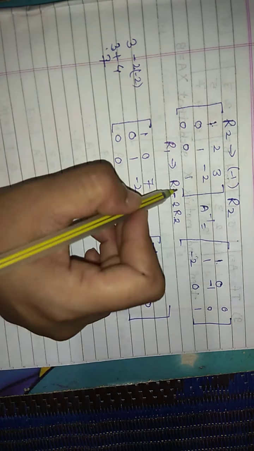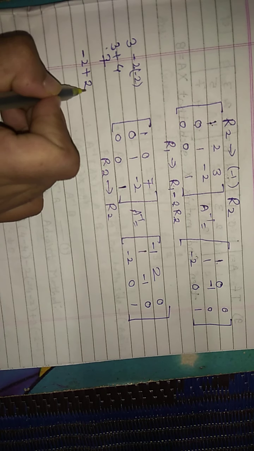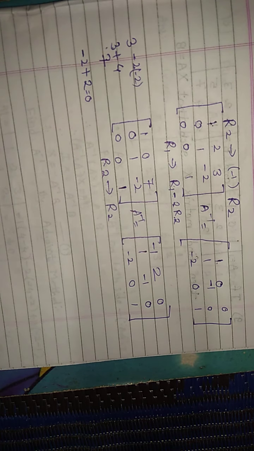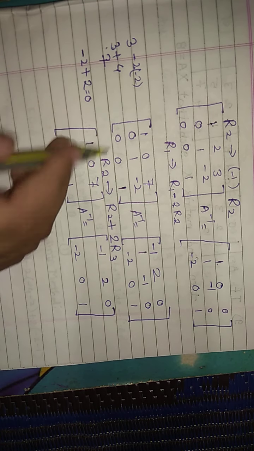R2 row changes with the 0. Minus 2 we have to convert into a 0. So we apply R2 row changes as R2 minus 2. So minus 2, if we add plus 2, then only we get 0. Minus 2 plus 2 is equal to 0. So minus 2 is already present. So we write plus 2 with the help of this R3. So first row as it is, third row as it is. Now second row we change, 0, 0, 0.